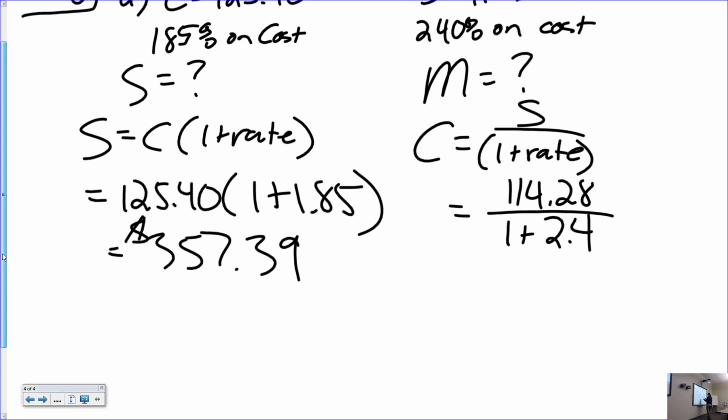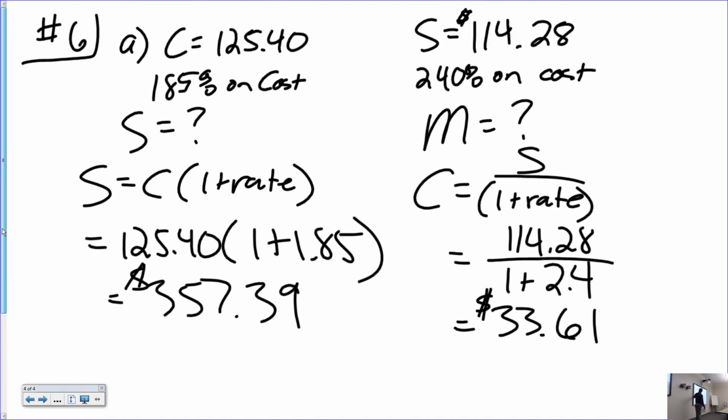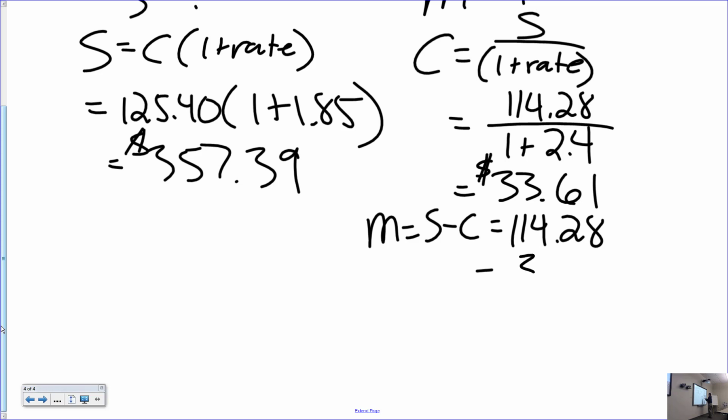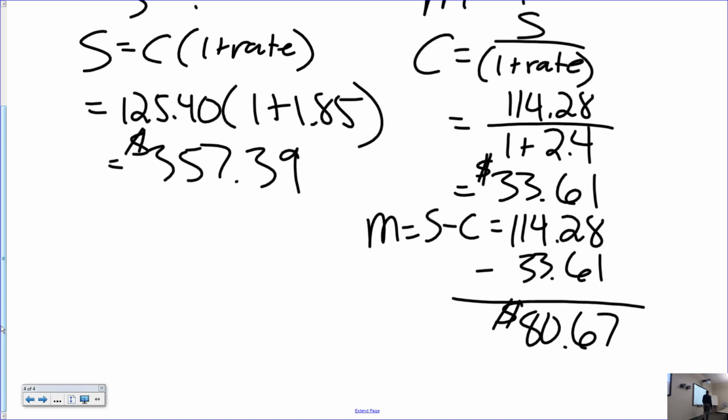And so the cost winds up being $33.61. And then the way I found the markup was just saying, hey, I know the markup is the selling price minus the cost. 114.28 minus 33.61, $80.67. If you did the markup by calculating the cost times the percent and got